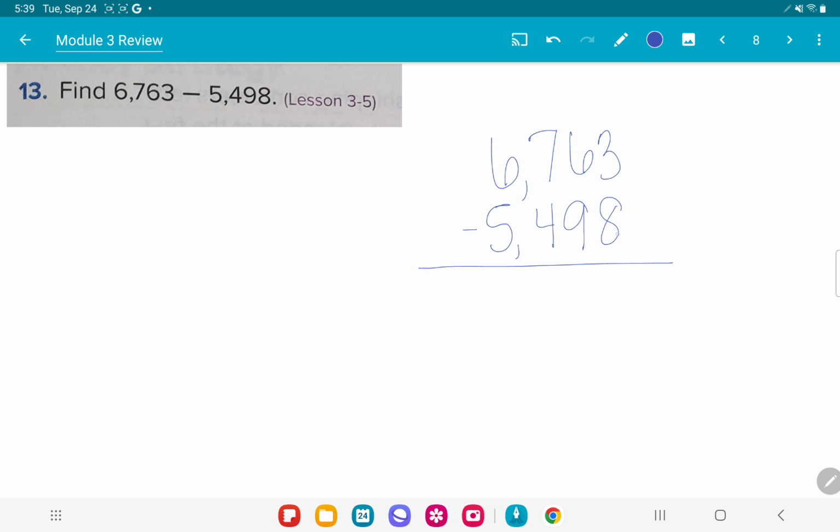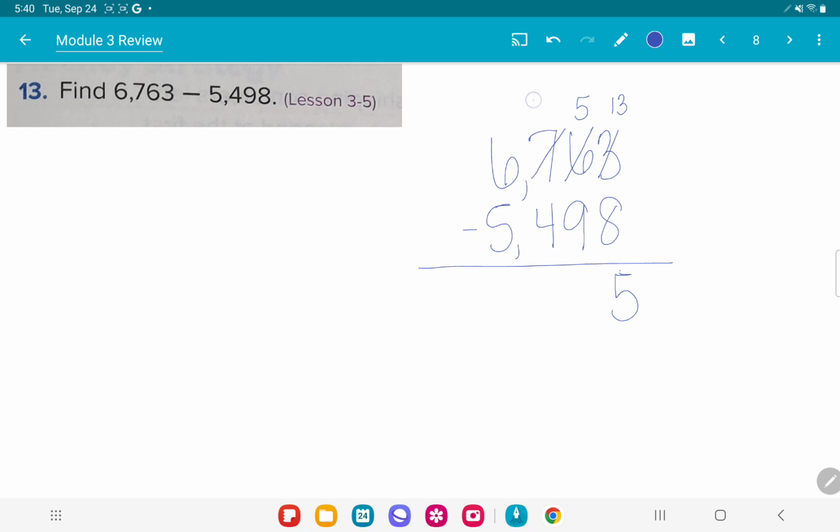I have 3. I need to take 8 away. I don't have enough. So I'm going to come over. I'm going to take a 10 and regroup it to my ones. 10 ones plus 3 ones makes 13. 13 minus 8 is 5. Then in my 10s I have 5 minus 9. If I only have 5, I can't give 9 away. So I'm going to